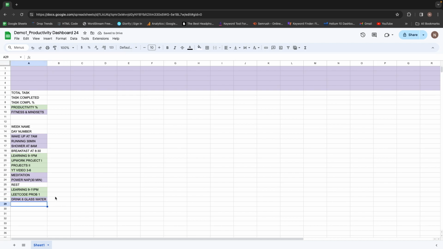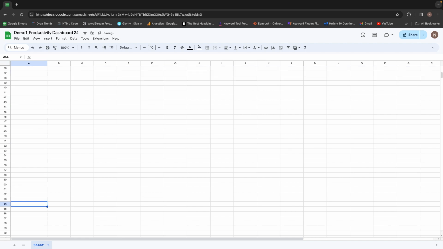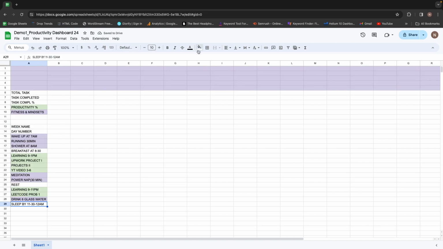Okay, and then I also want sleep by 11, so sleep by 11:30 to 12, so I just want to make it 11:30 to 12 a.m. This is my last task, which comes under fitness and mindsets. So that's it. We have the basic tasks ready. Now let's go ahead and